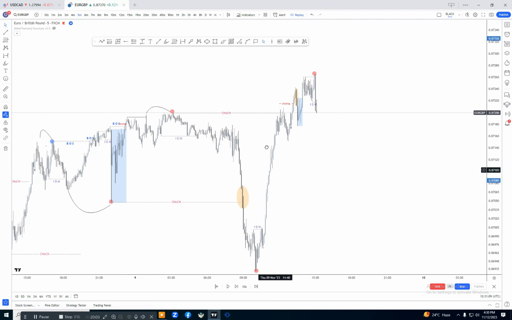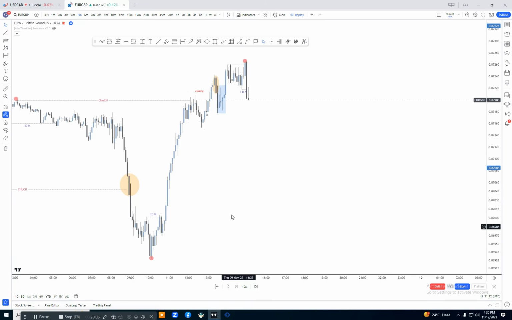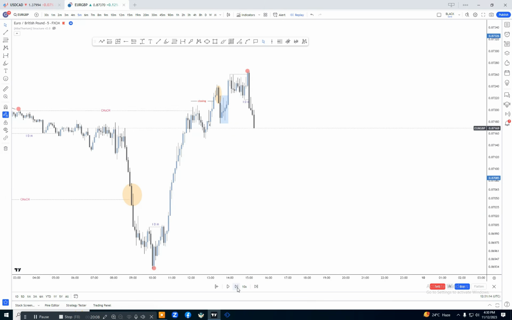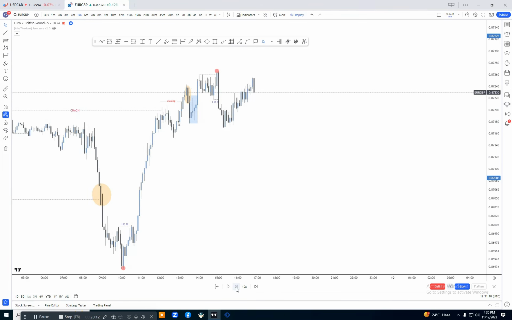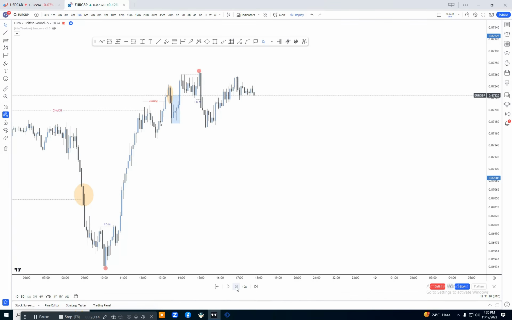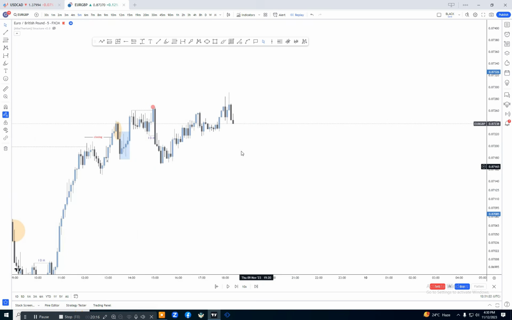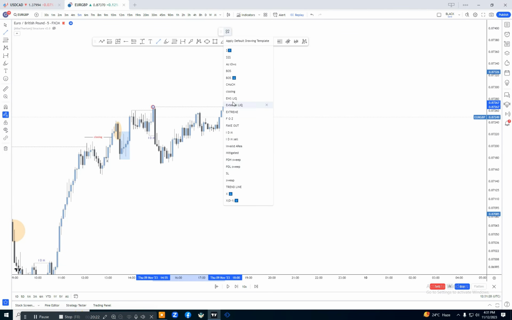For now the market is still bullish, but what will the market do in continuation? If we see here, the market continues pushing to the upside. All right, the market has still not closed. If we see here again, the market has swept the previous high. That means it did not give us a candle closing confirmation. Sorry, this will be a sweep.